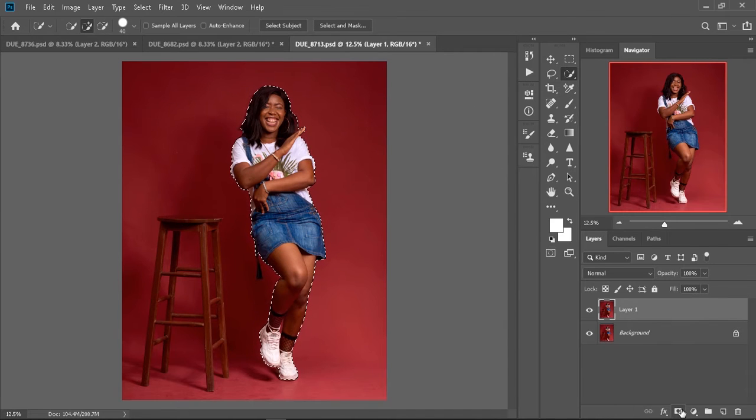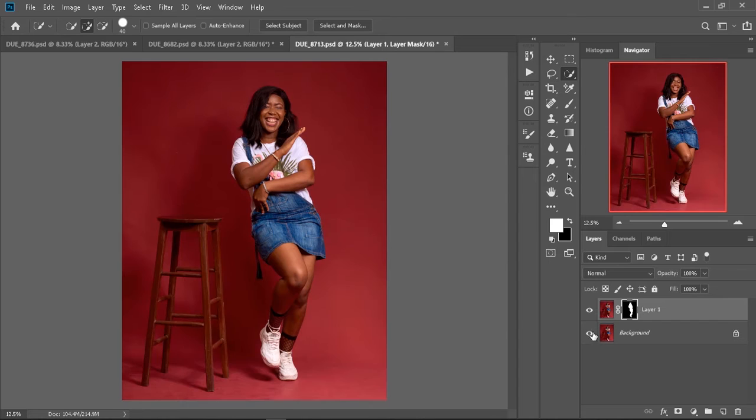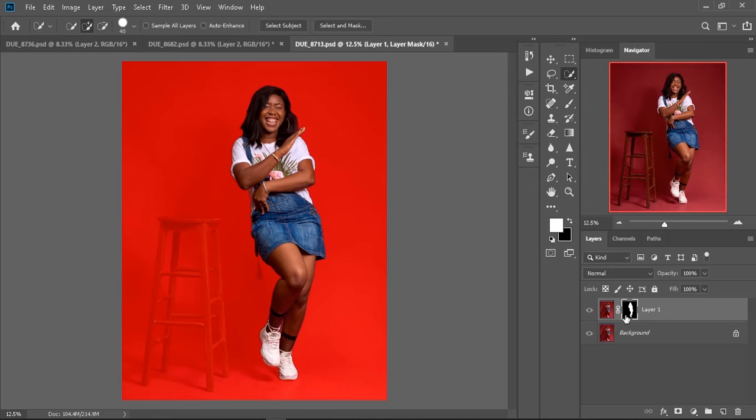Then we're going to create a layer mask. So what this does, it has made a nice selection of each. You understand? So first things first, we're going to press the slash key, the one directly above Enter and directly below Backspace. There's one in between Backspace and Enter on your keyboard. If you press it, you see